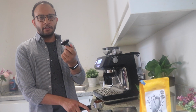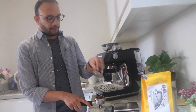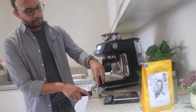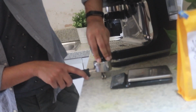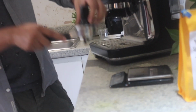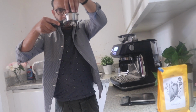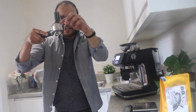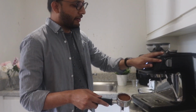So what I'm going to do next now is to get this tamper. This is very important because the way you push the coffee down makes a nice bed for the coffee. So all you have to do is get this tamper, push it down nicely and firmly, and apply some pressure. Try to keep the balance, because if you see these edges there, it should be the same size. If I do this, you can just twist it to make sure that it's aligned with these little edges on the side. So you put this on the side, and then next is you have